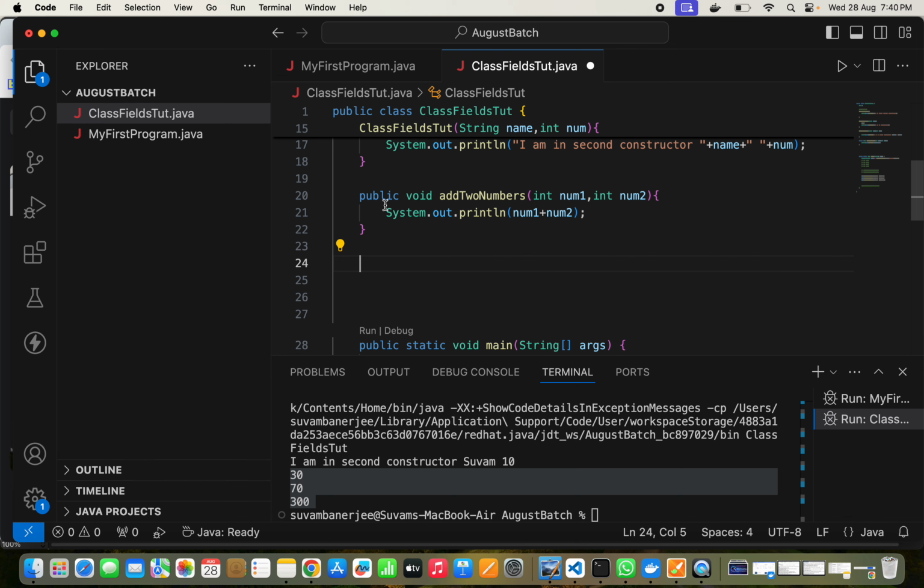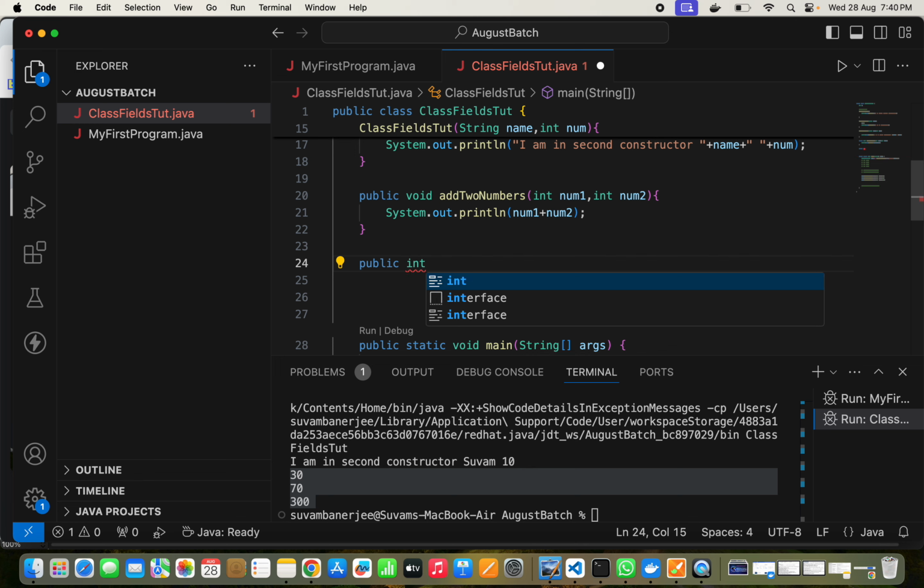Now instead of public we can have private. Private means the access of that particular method would be inside this class only. I'll discuss private and public, everything, later. Now another way is